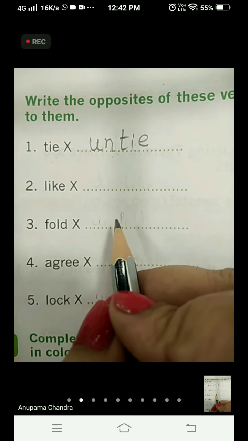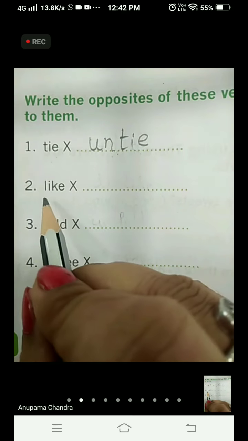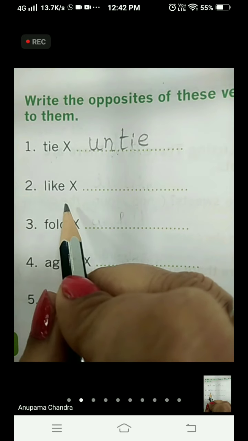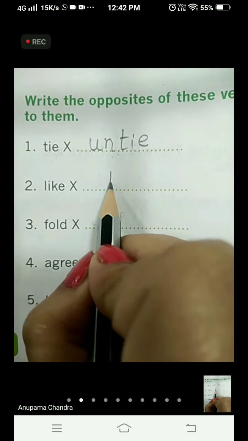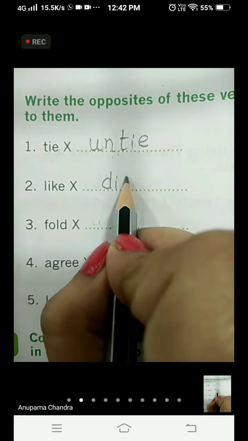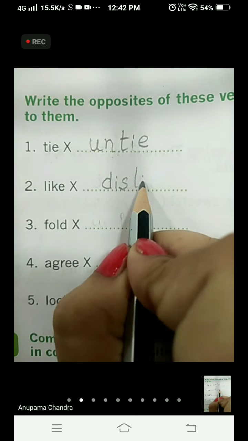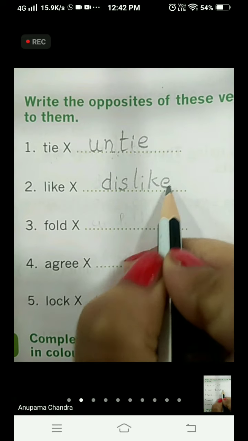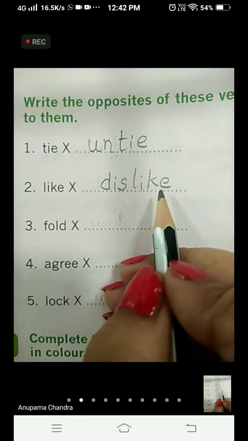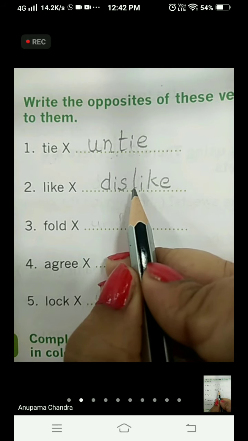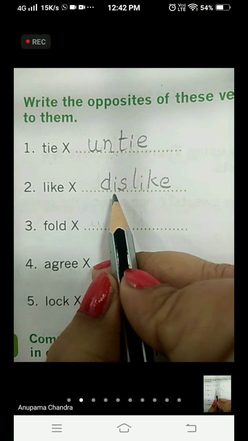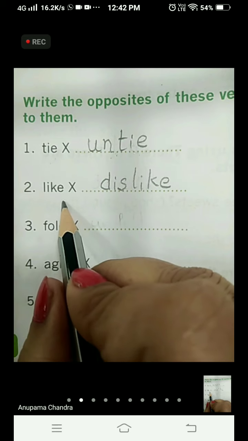Okay, let's see the second word. Like. For this word, we will use dis. Dislike. Like, dislike. We are using dis here to make the antonym for the word like.